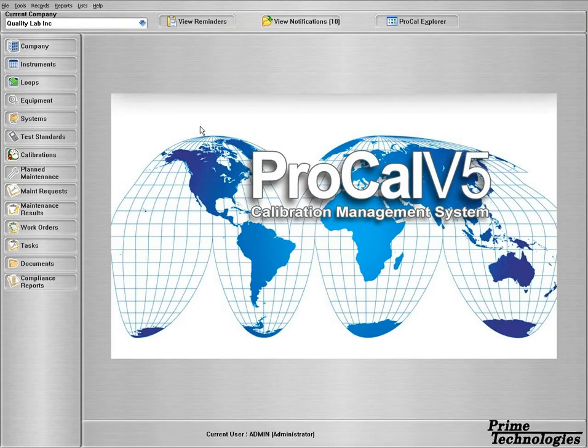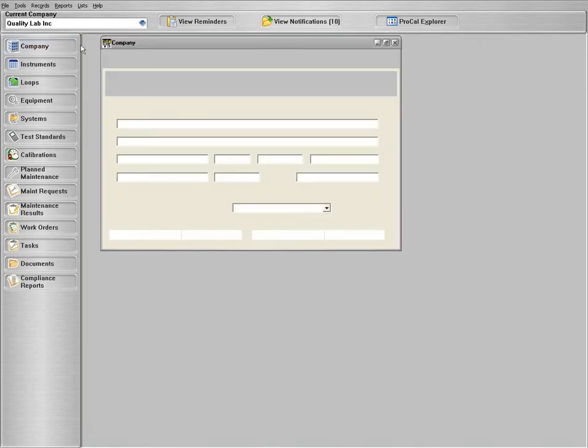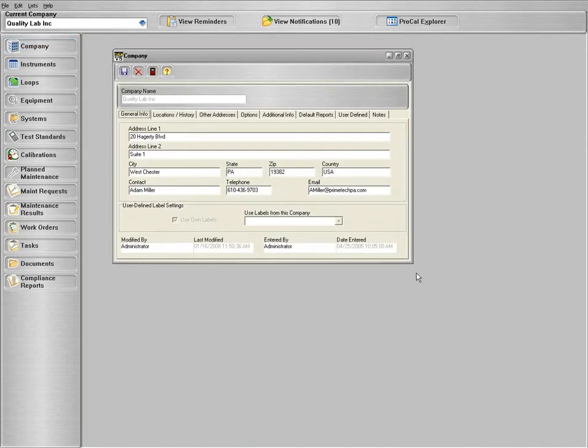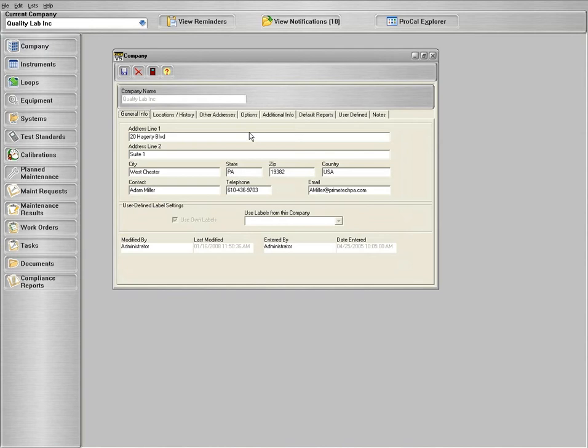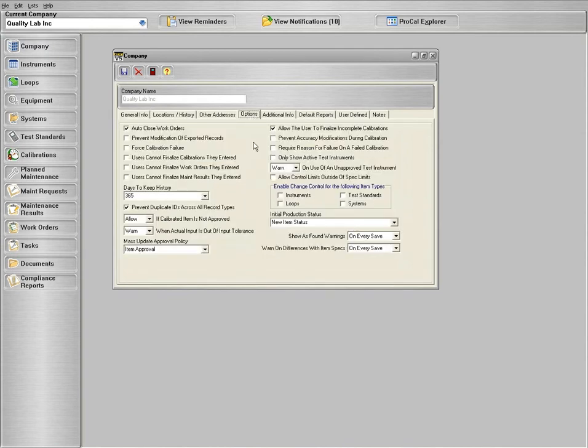In the next section that a user and administrator would want to establish is the company record. This is where you would establish the information on your company on the first tab here, where you're located. And on the Options tab, this is where you can configure some business rules and practices that help define the way users will interact while using this application, such as allowing, warning, or even restricting certain things from happening in